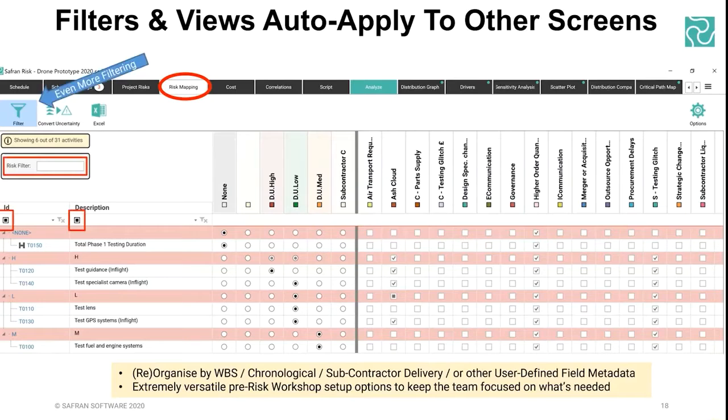And as I said, there's the extra filtering options with the blue arrow, so pointing that out there, and a few more red boxes have just popped up. So you've got a risk filter, and also those little squares within the red squares, if you can see those. I am sort of hovering my mouse around them. If you click on those, you'll find it pretty much behaves like an Excel spreadsheet in terms of giving you